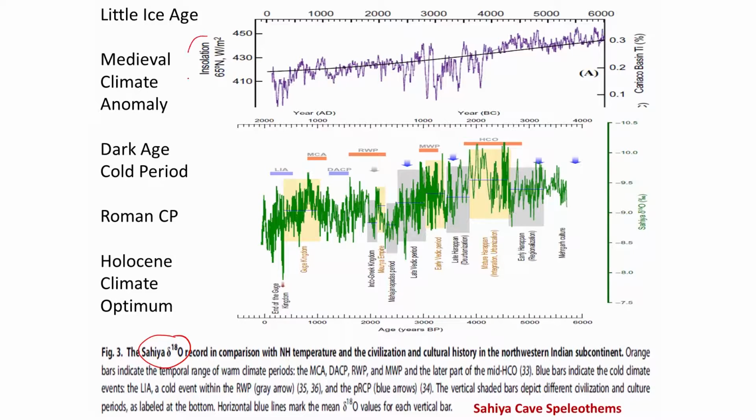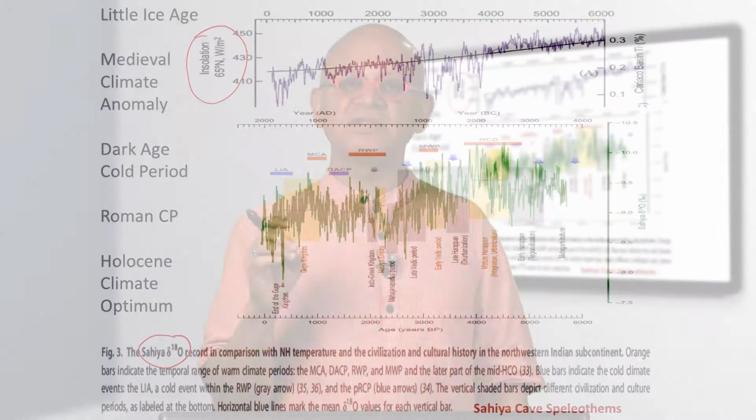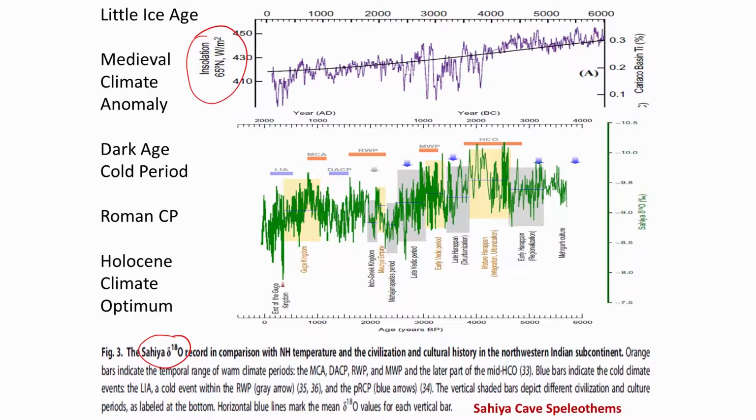And you can see that this is the insolation change at 65 north. As we learned before, the insolation change at 65 north is critical because that determines the summer melting, retreat or growth of glaciers, and then that leads to ice albedo feedbacks. So that has basically decreased going from 6,000 years to the present, with some variations along the way because of sunspots and so on. And the temperature record for the same period going from 6,000 to the present from the delta 018 signature in the Sahiya cave